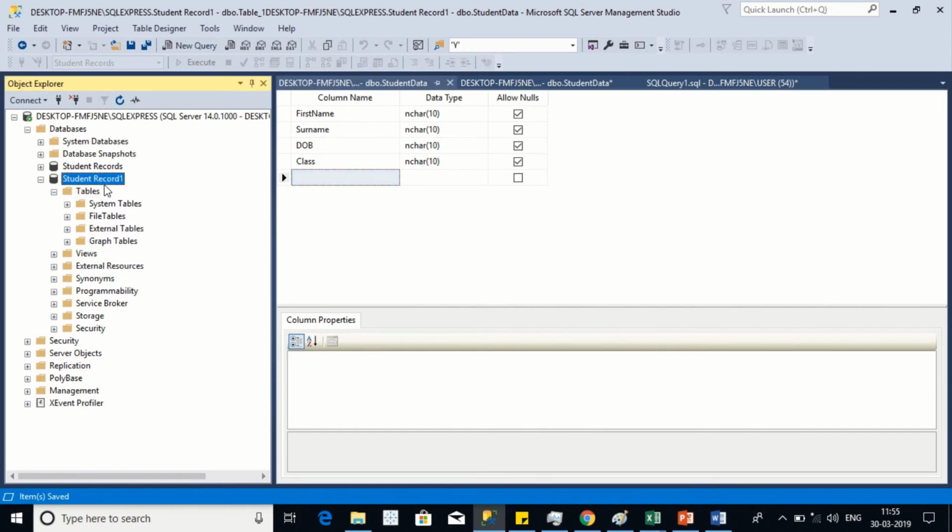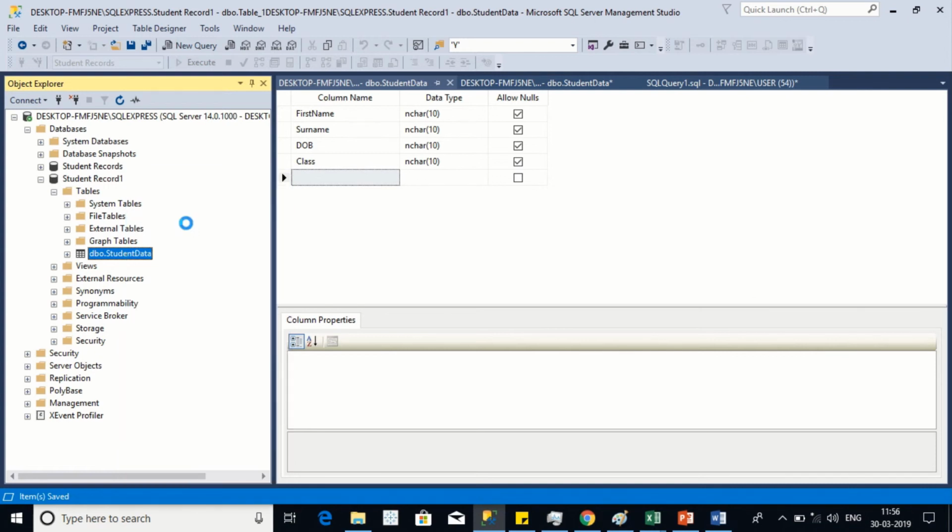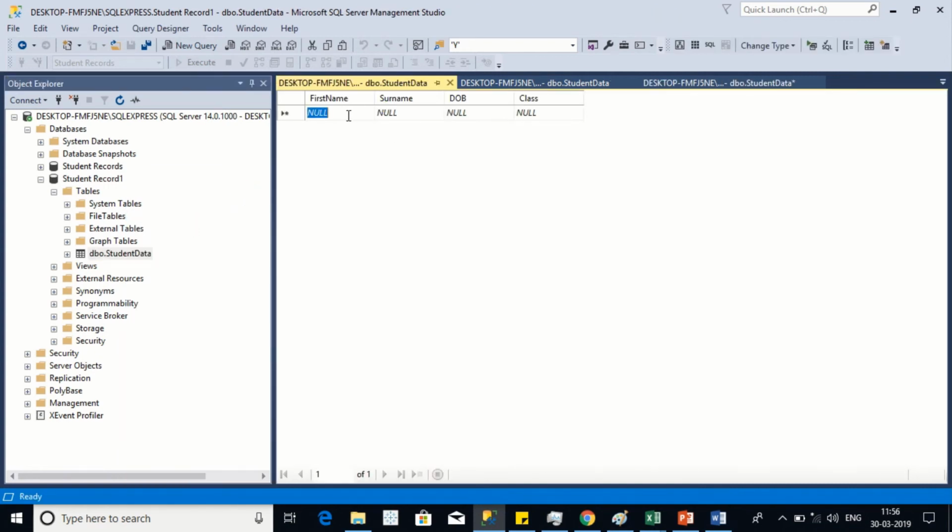Okay, the table is not reflecting here. What I need to do is select the database and click on the refresh button, then go to Tables, and the table is available here. If I need to insert a record, I will click on Edit Top 200 Rows, and I can add any record here.